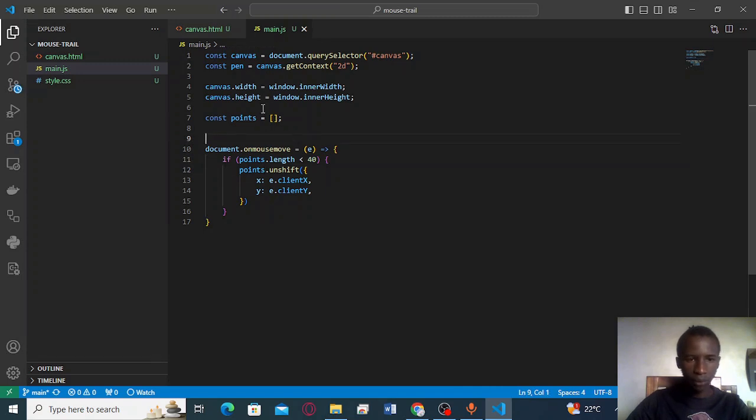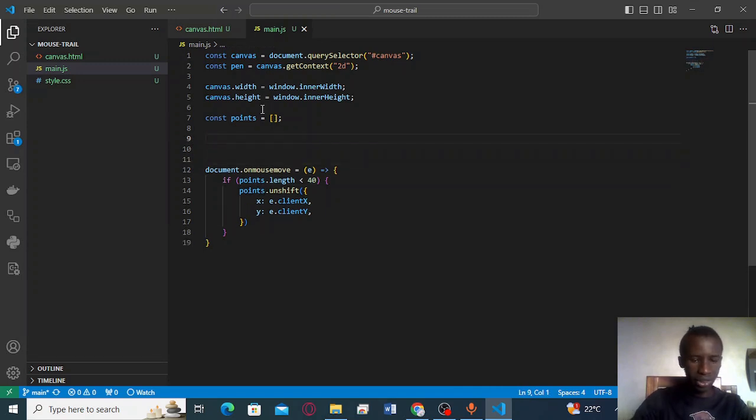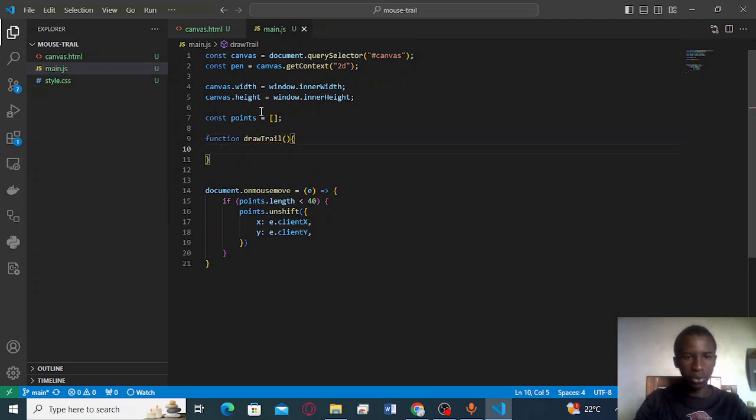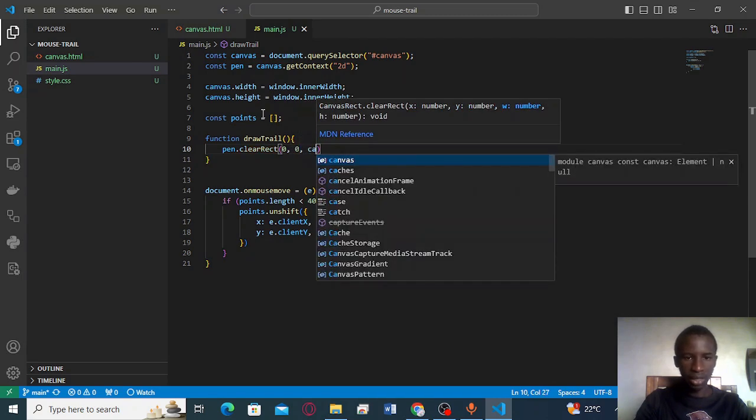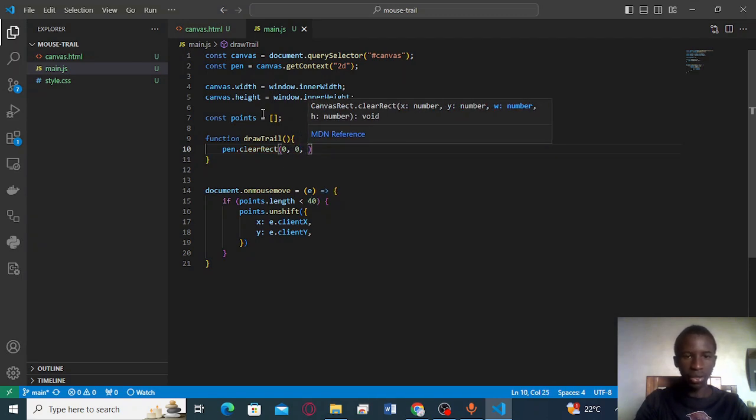So from here, what we're going to do is create another function, and let's call it draw trail. And in this function, what we're going to do is clear the screen first, so that there's nothing on the screen every time we draw it. If we don't do this, the trail will appear to grow infinitely long. That's because the screen isn't being cleared. So now we'll just clear the screen,